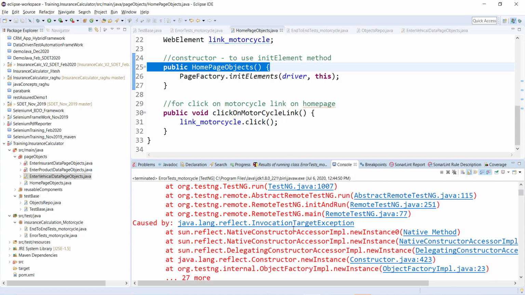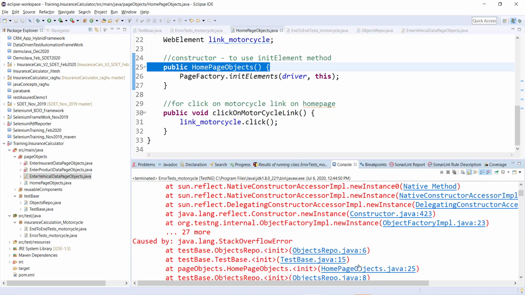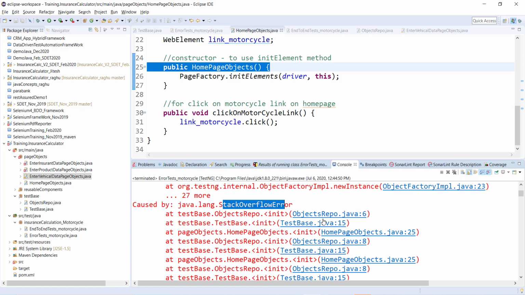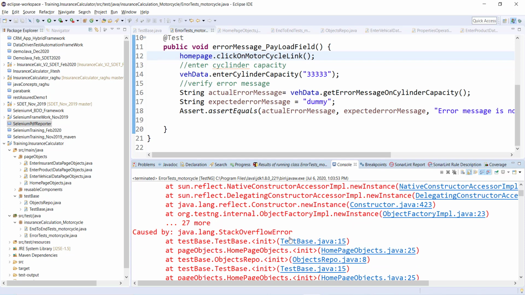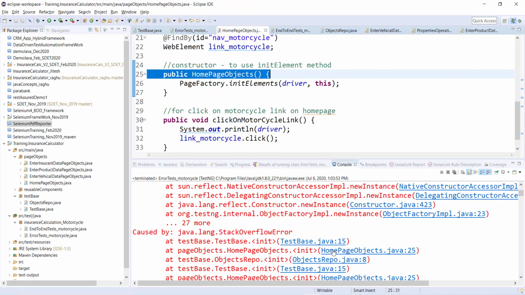Caused by InvocationTargetException. Okay, and a StackOverflowError. So almost on the very first initialization we are getting stack overflow.